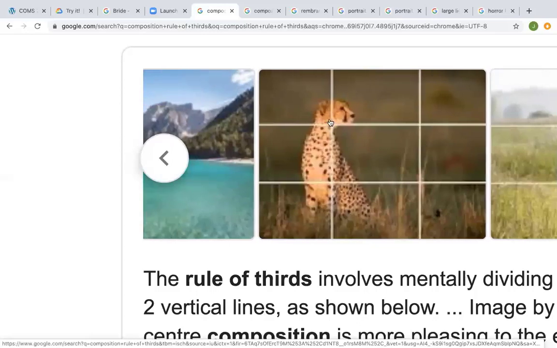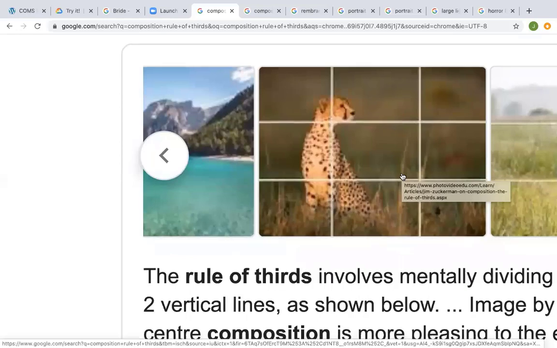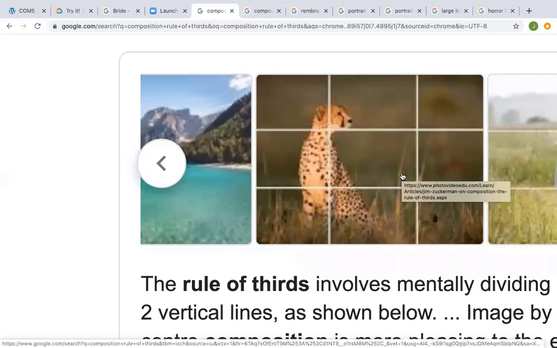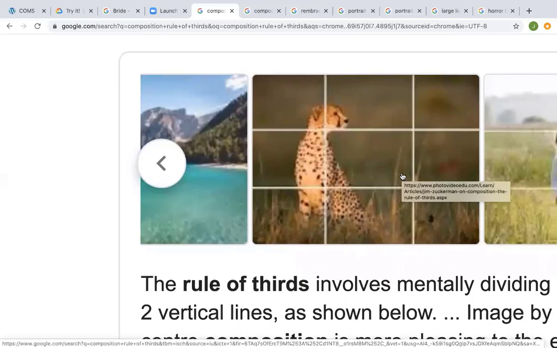And then look at this. The cheetah's doing the same thing, right? Looking into the space, into the negative space. So when you take your own pictures, this is a really good way of upping your game right away. Just thinking in your head, where's the rule of thirds here? Are people looking into the frame? Are they looking out of the frame? If they're looking out of the frame, what are they looking at? And is that the kind of thing you want to show,